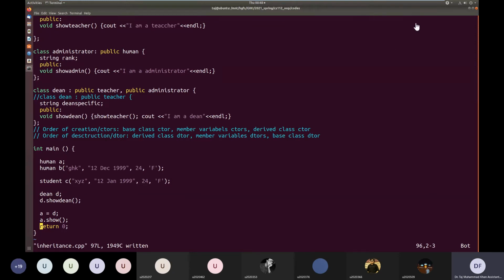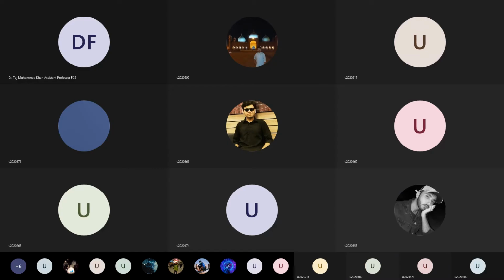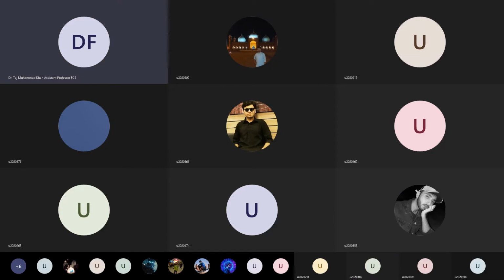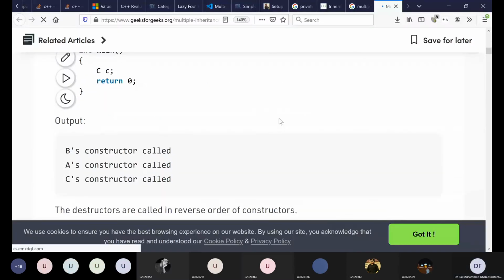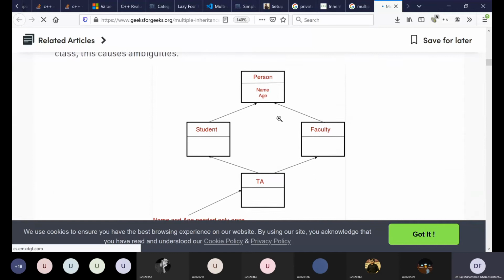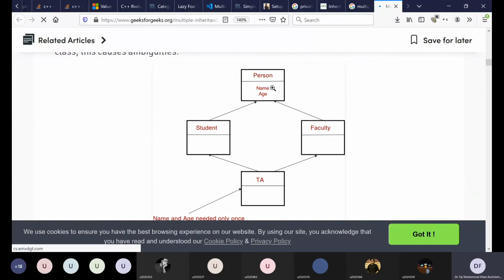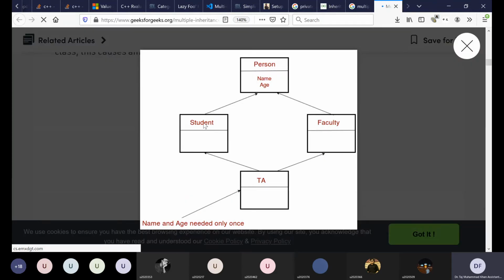So here let me again take help from Google to show you this diagram. Leave these names, think about it: we have the base class human at the top, and from human we are inheriting student and another class.